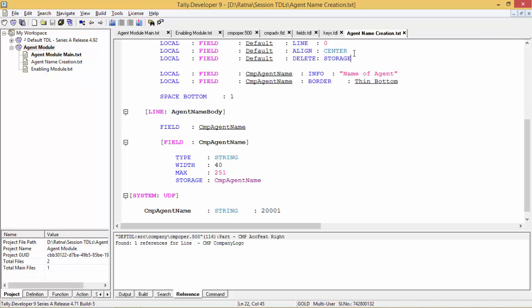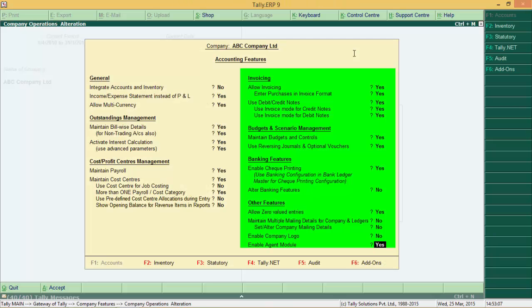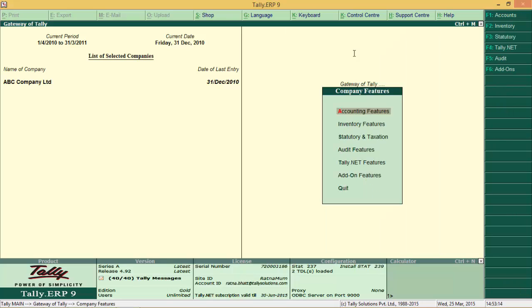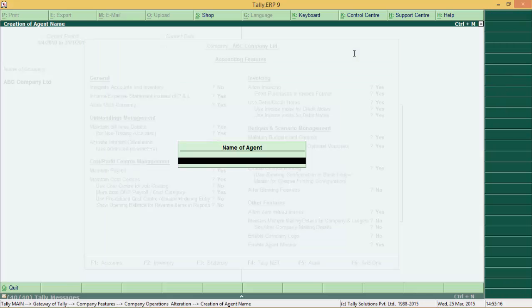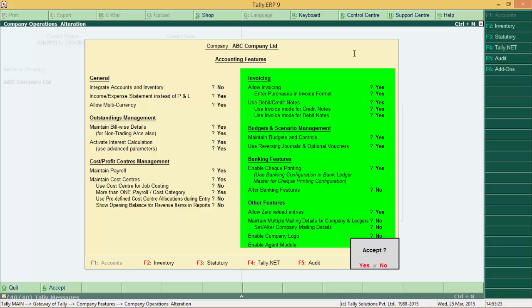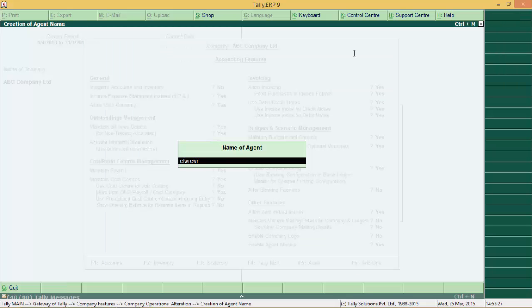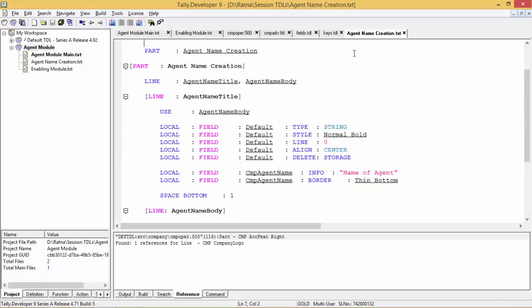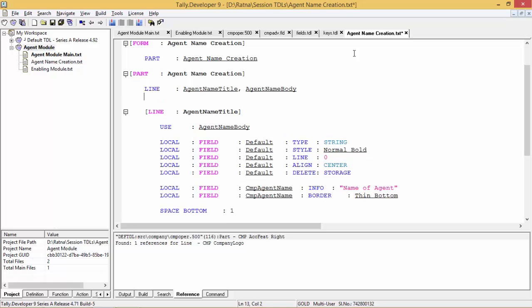Now see the difference. The cursor isn't going there, and by default we do not have any value. But right now we are just able to add one more value. We should have that list to append, right? So for that, what we have to do? We have to repeat a repeat line on agent name body,